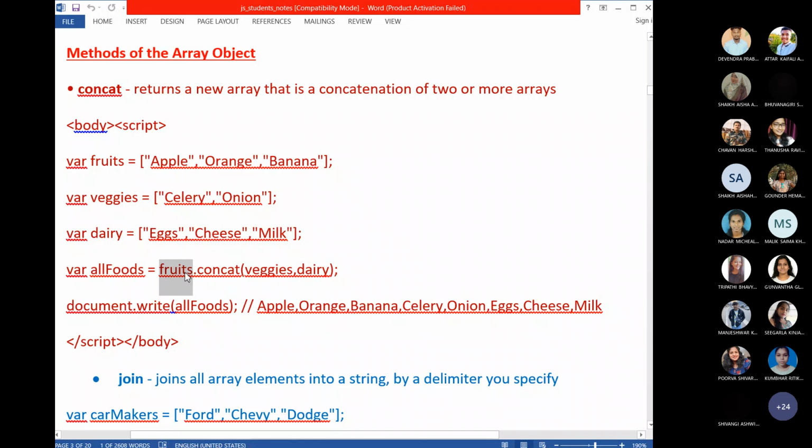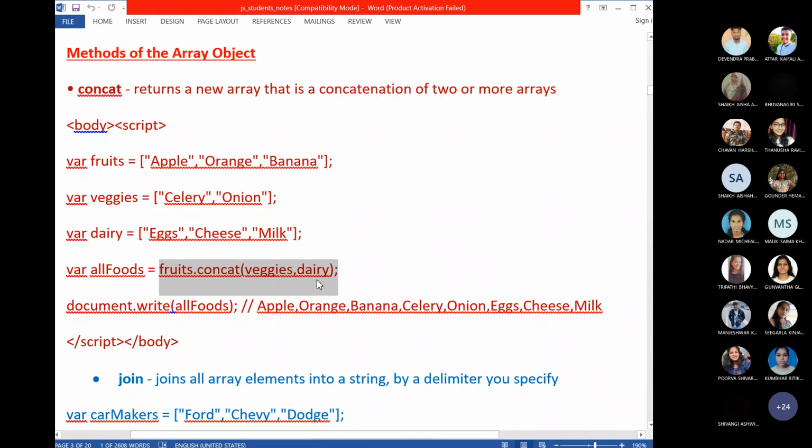One of the objects I have written is the object name dot method name, and within the brackets the method may have parameters. Here the parameters are other array names. Veggies is another array which I have created, and dairy is another array object. How many objects are there here? Fruits, veggies, dairy.